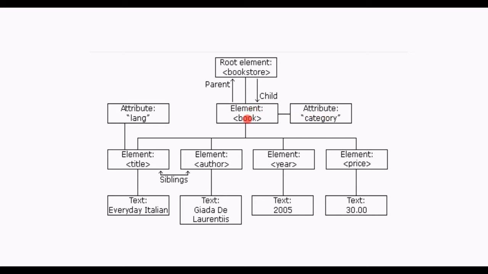And each book has four sub-elements: the first is title, the second is author, the third is year, and the fourth is price. Each of these elements has text.